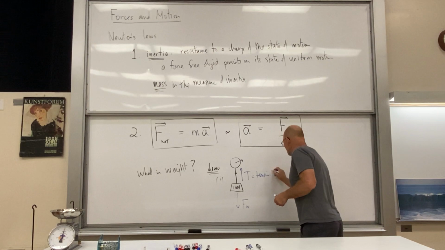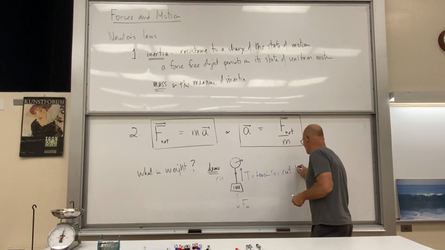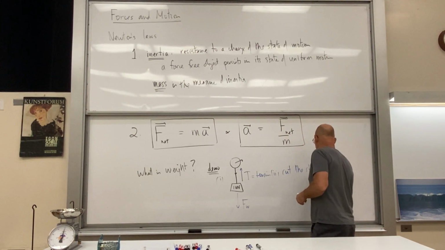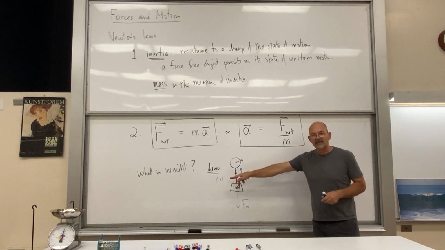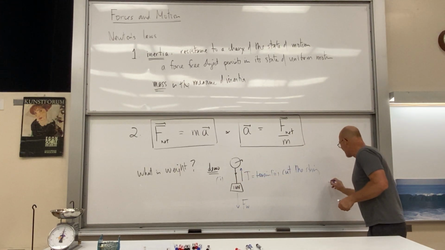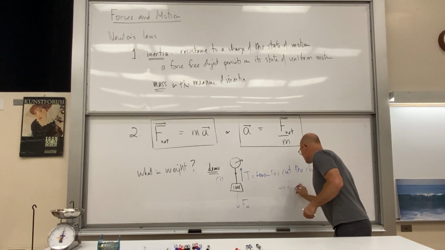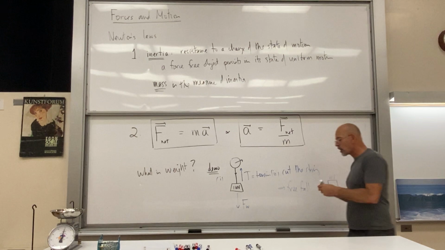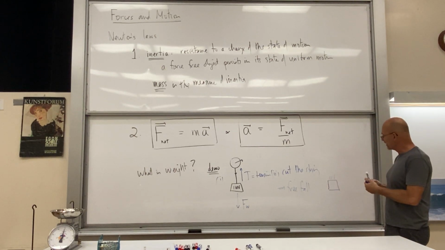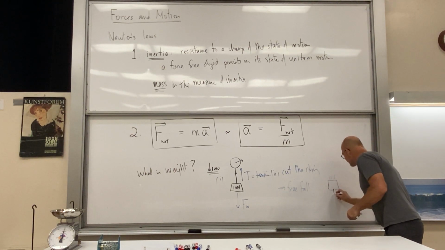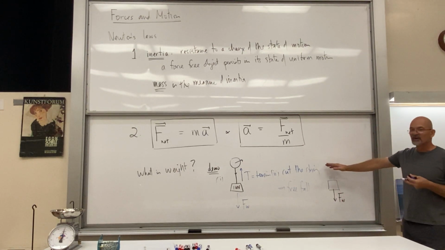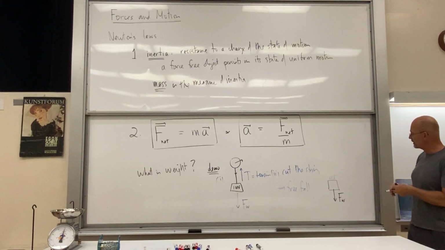The second part is if we cut the string. We cut that string, and now what happens? Our weight is falling. Cut the string, then we have free fall. Well, we know all about free fall. We have free fall on the one hand, and we have F sub W on the other. We cut the string, there's no tension anymore. And what Newton's law says